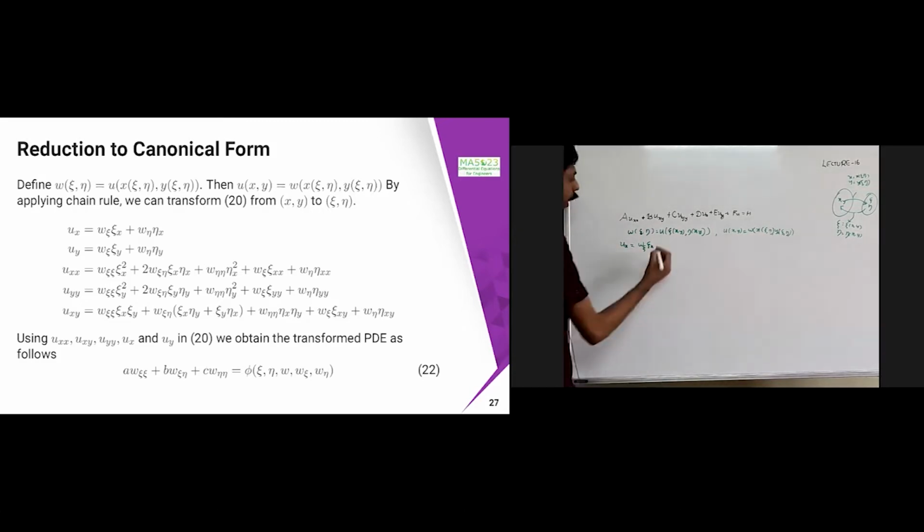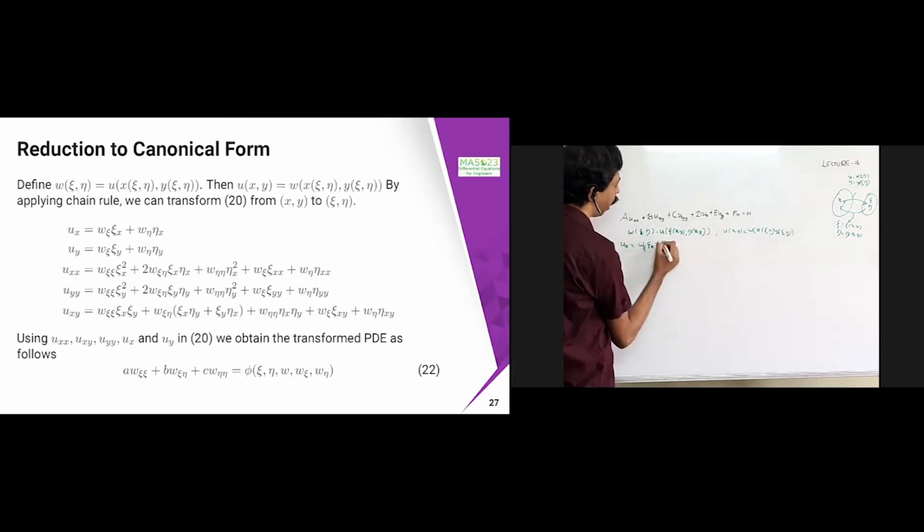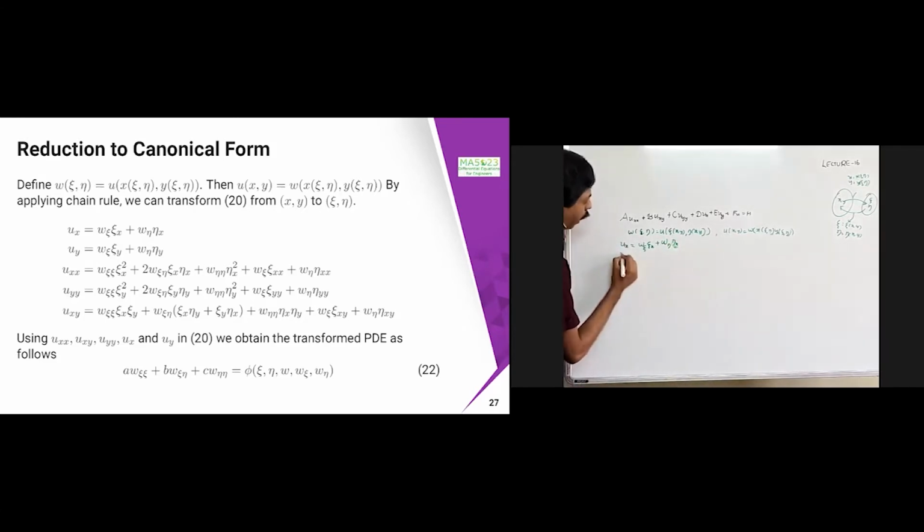Plus again I have another variable chi is there, and again another variable is there, so I write just w eta chi eta x is going to be there. Similarly I can find uy is going to become like w chi y plus w eta y is going to be. Now uxx